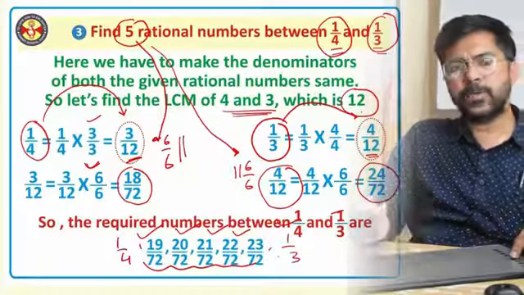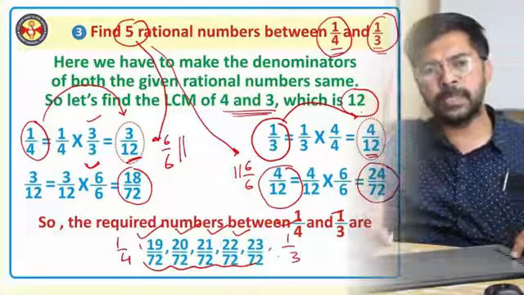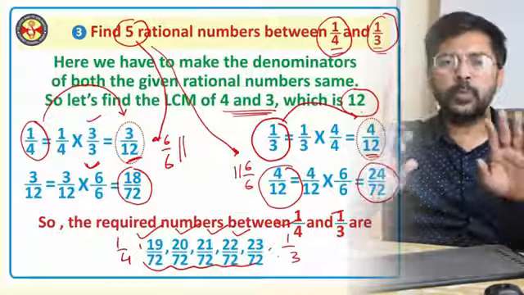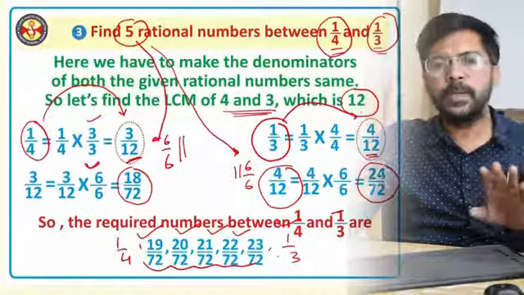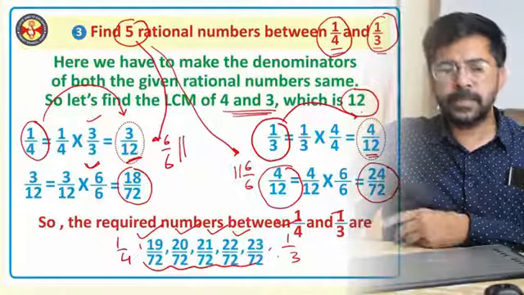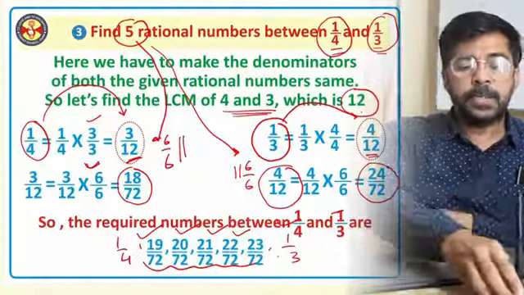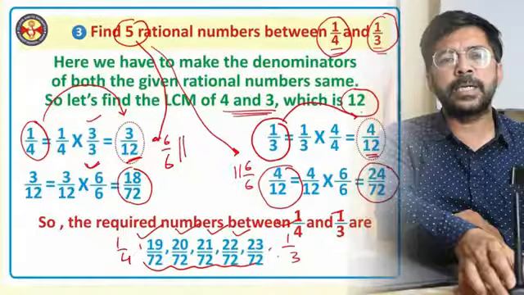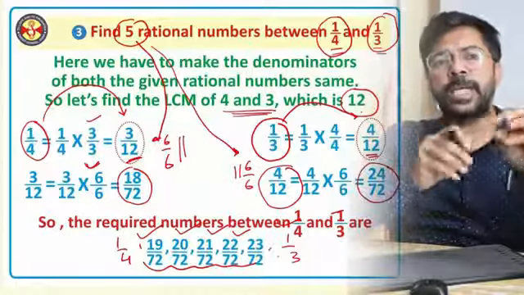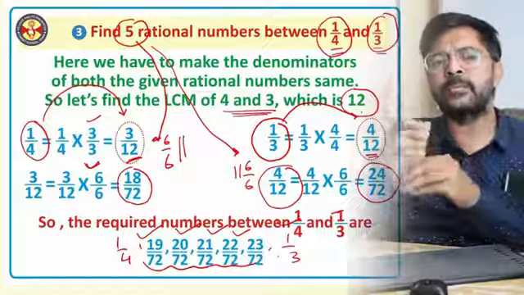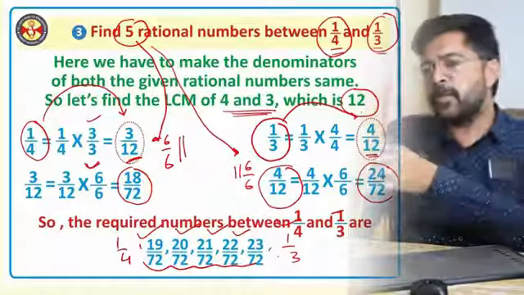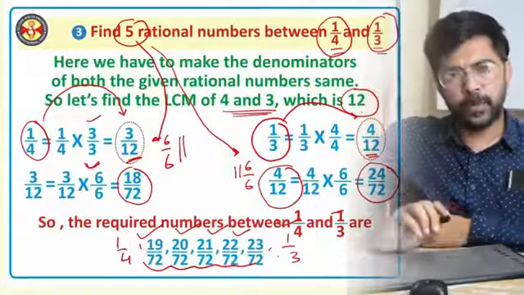So this is the method of finding rational numbers between two given numbers, or we can say between two given rational numbers. Every time two rational numbers are given, we have to find certain rational numbers between these two numbers. The method is clear, but the midpoint method or the mid value method is lengthy, and there is a possibility of mistakes also, because every time we have to add two numbers, take the LCM, then divide by 2 again and again. So it is better we follow this method that we discussed now.